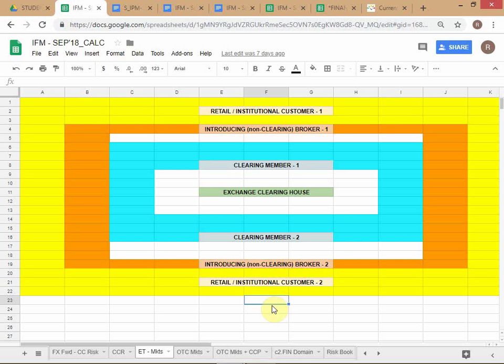Then they'll take some kind of buffer around that, keep some margin cushion for themselves, and that's what they'll try to do. So when setting the initial margin, what the ECH is trying to do is make sure that even if it has to auction off, basically buy off and square the position in the market, it should not be out of pocket. So in this case, they have suffered a $5 loss. This initial margin should have been at least $5 per contract. That's how they set the initial margin.